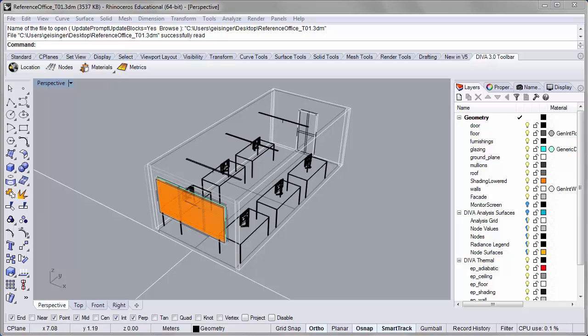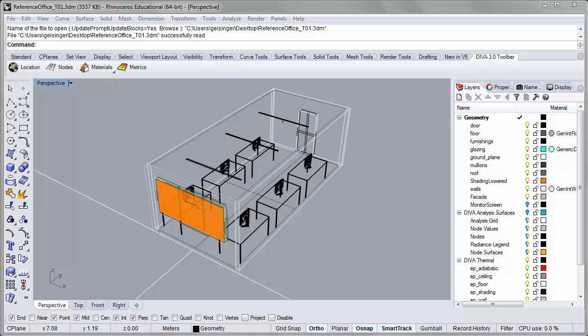Hi, and welcome to the 7th and last tutorial in our DIVA for Rhino tutorial series. In this tutorial, we will be running a thermal model, and we'll be linking that thermal model to the detailed lighting and shading schedules that we generated in our previous tutorials using DIVA and DASIM to have detailed dynamic shading control groups and detailed lighting control groups that will actually plug into the energy model as an input in order to test the relative effects of our different daylighting and control and shading control strategies on energy consumption for our